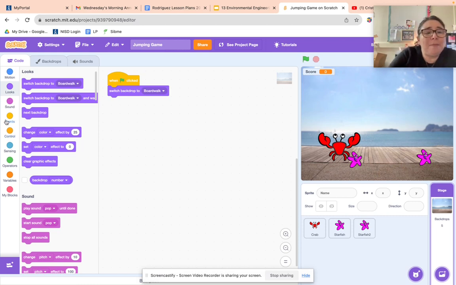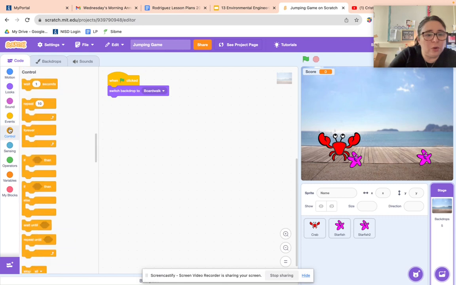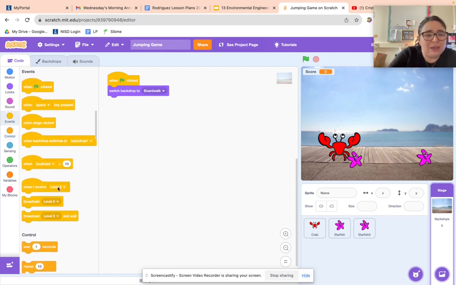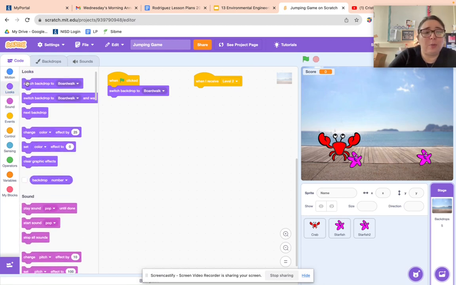So I'm going to come back over here to my events, and I'm going to find one that says when I receive. So I bring it over here, and it's going to be separate from the other blocks in this. It says, when I receive level 2. So those are your choices. And we only have one choice right now, level 2. When I receive the message of level 2, I'm going to come here to the purple